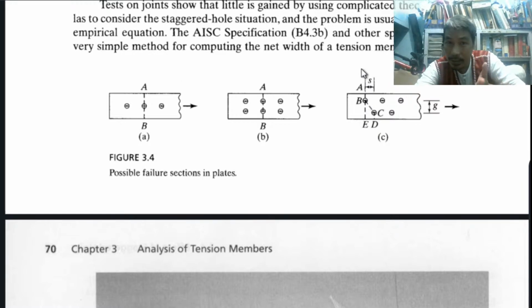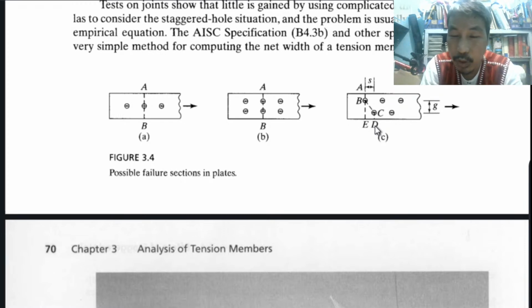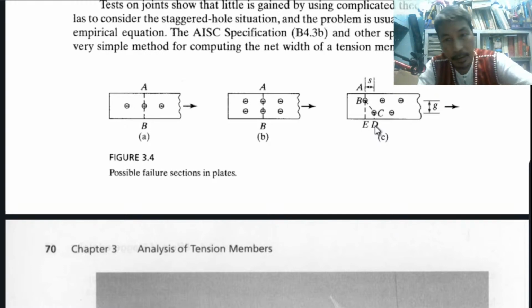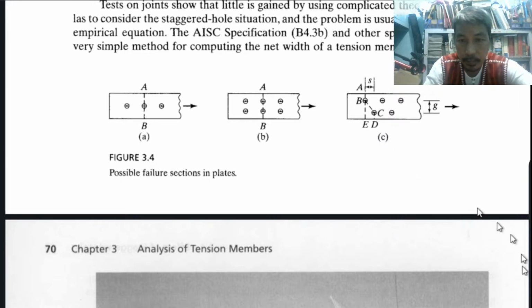That is one path. We will find out which one is the critical. We will solve for it. We will show the path. The path here is AB. The path here is ABE. Another path, ABCD. Take note, there are two paths. Now we will compute which one of the two paths is the critical path. Which one of the two? Okay. So we will have